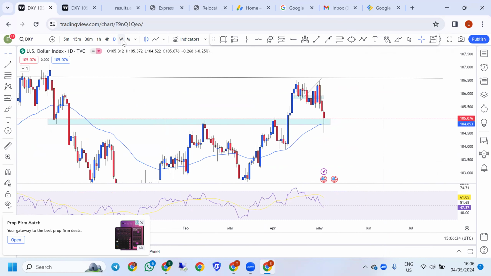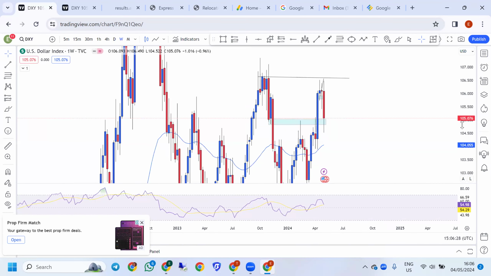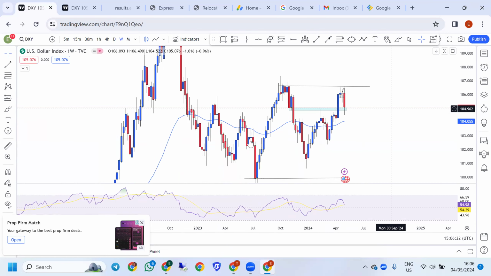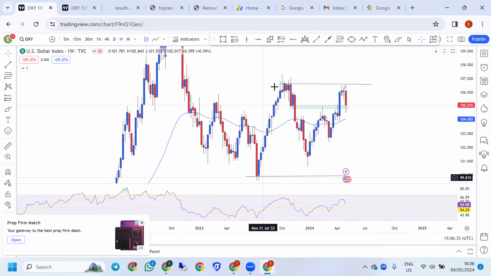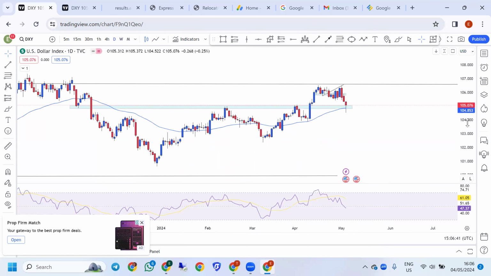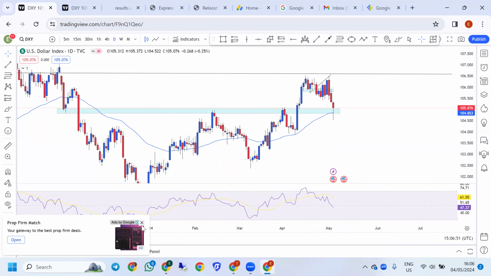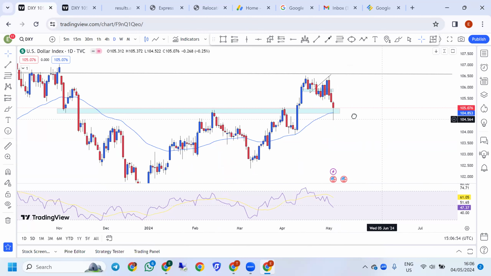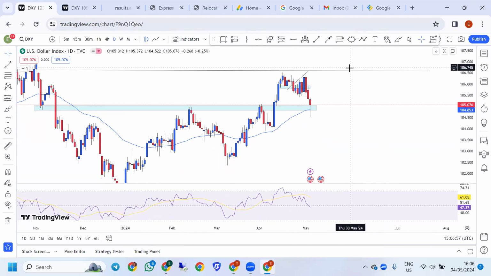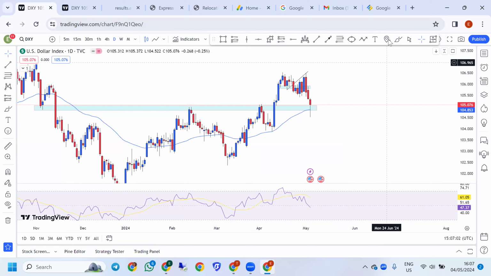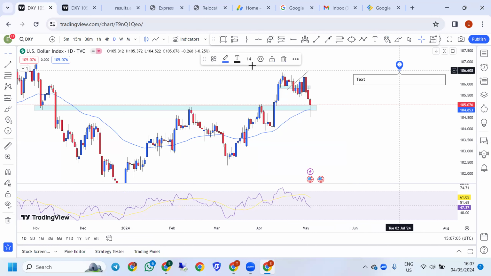So on the weekly time frame, DXY is bullish. This is higher low, higher high. All these are market structures. I explained how I got this. We are waiting for the market to come down to this place. Like I told you guys before, if you are trading a USD pair, you always need to take what DXY is doing. It's very important.